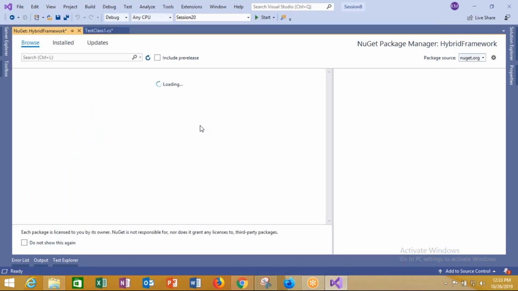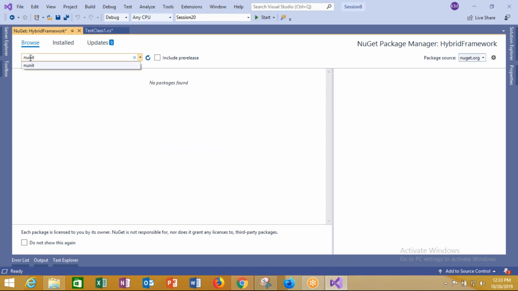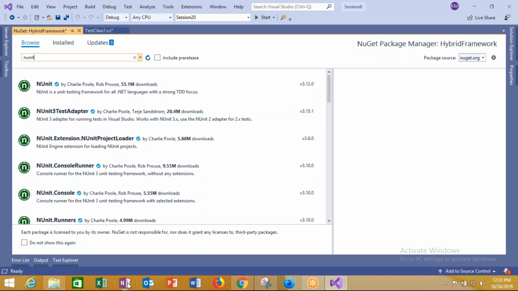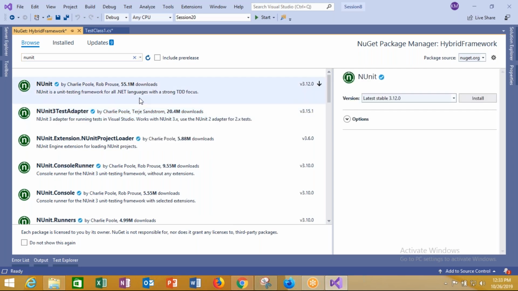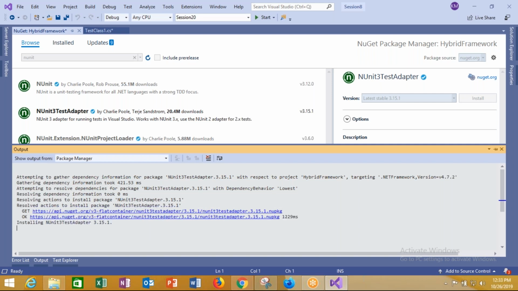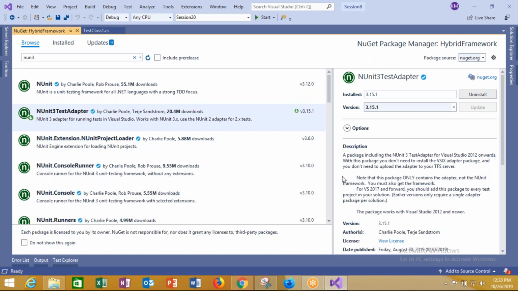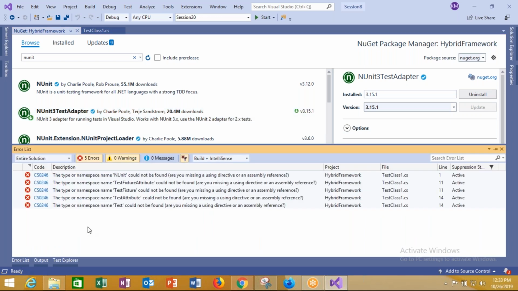Manage NuGet packages. The type or namespace NUnit could not be found. Are you missing